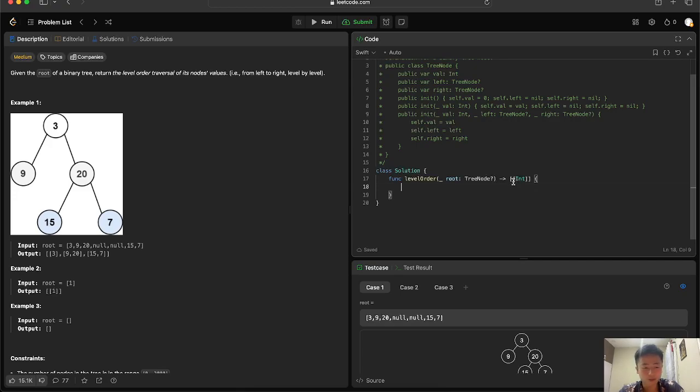So essentially you have an array, and each array will consist of each row of the tree. So for the first one, it will be 3, second one 9, 20, and the third one will be 15, 7. Okay, so basically to code up this solution, what you need is a queue. You will append the root of the tree onto the queue, and then you will